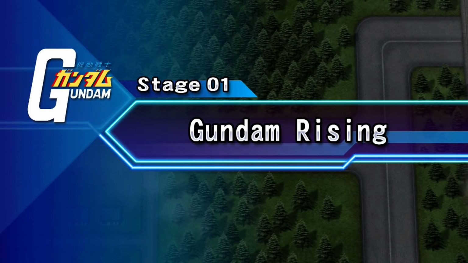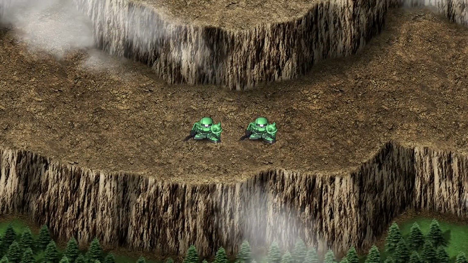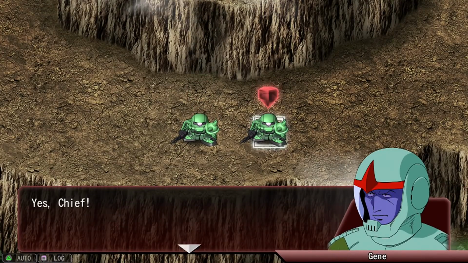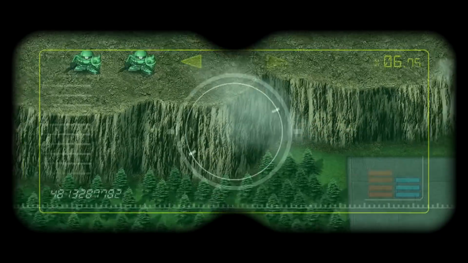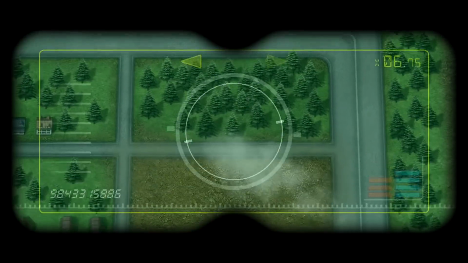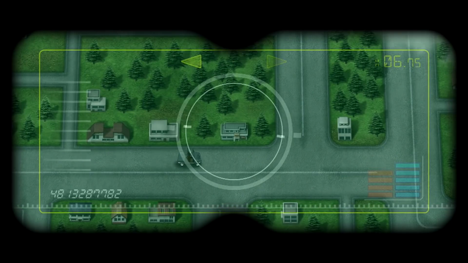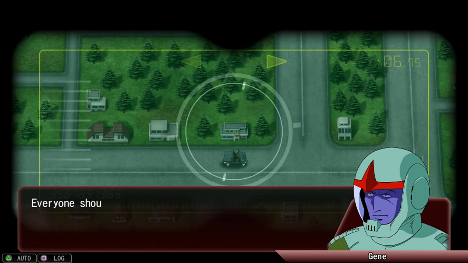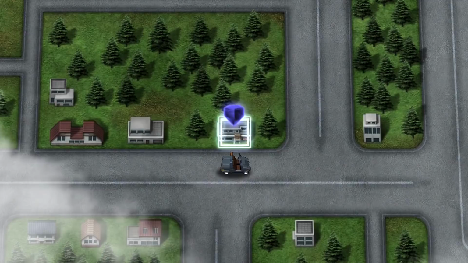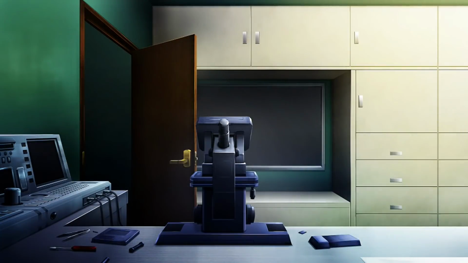All right, let's see what we got. Good map. Yep. Okay, there's the Zakus, which, hey, we've got Denim and Jean here. And I'm hitting the right button for the moment. Let's see, those gun tanks are toast, of course. And, okay. Yep, I think that's Frau Bow going to check on Amuro. And... Yep. Okay, so...